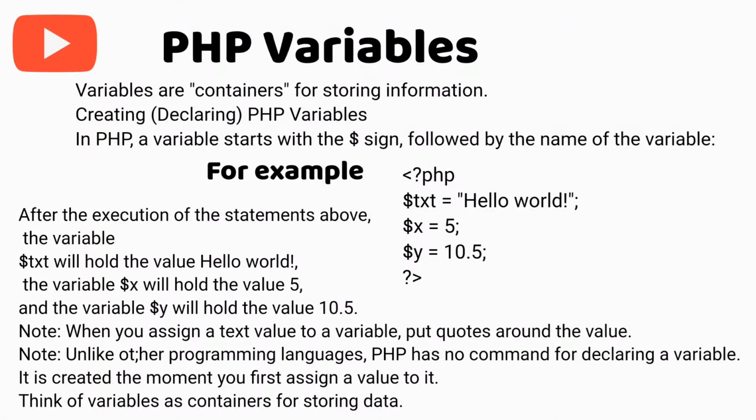PHP variables. Variables are containers for storing information. Declaring PHP variables. In PHP, a variable starts with the $, followed by the name of the variable. For example, $txt = "Hello world"; $x = 5; $y = 10.5;